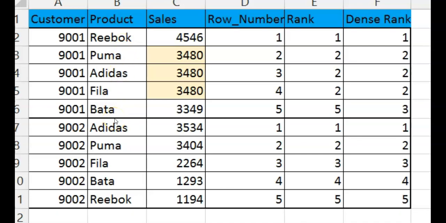Second customer has bought again 5 products: Adidas, Puma, Fila, Bata and Reebok. If we notice the amount spent on these 5 products, the first customer has spent 4546 on Reebok, but has spent an equal amount on Puma, Adidas and Fila, which is 3480, and the least amount has been spent on Bata, which is 3349.